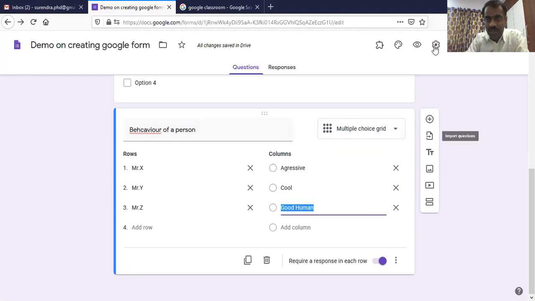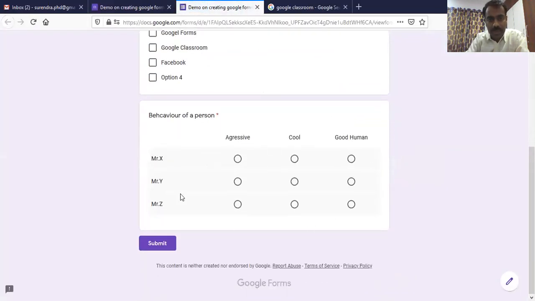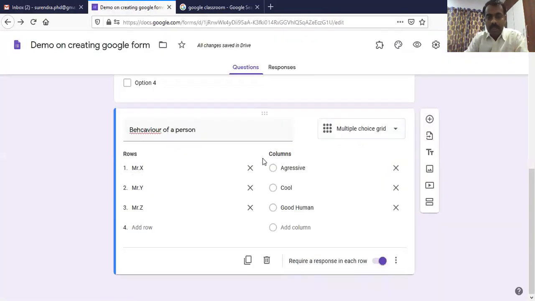Similarly for Mr. Y. You can quickly see how that question looks: the behavior of a person, for Mr. X, Y, Z, this common set of attributes we have given, and one should select according to that person. Okay, fine. These are all the different types of questions available in Google Forms.